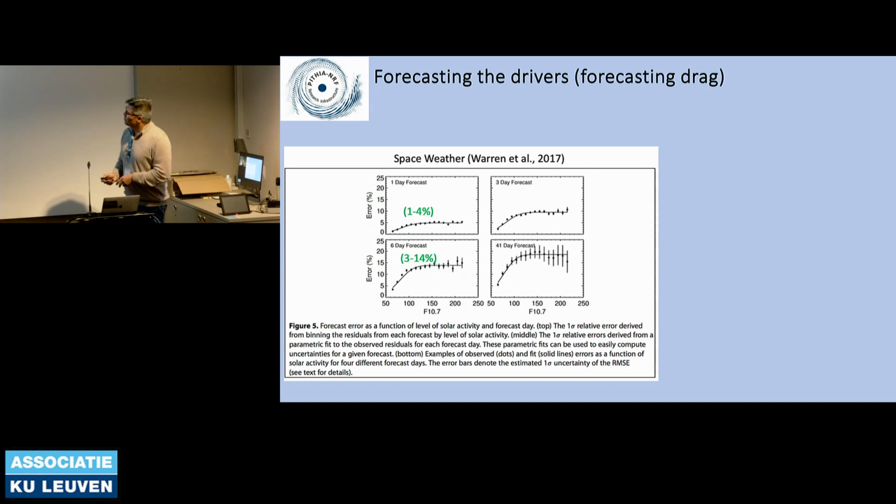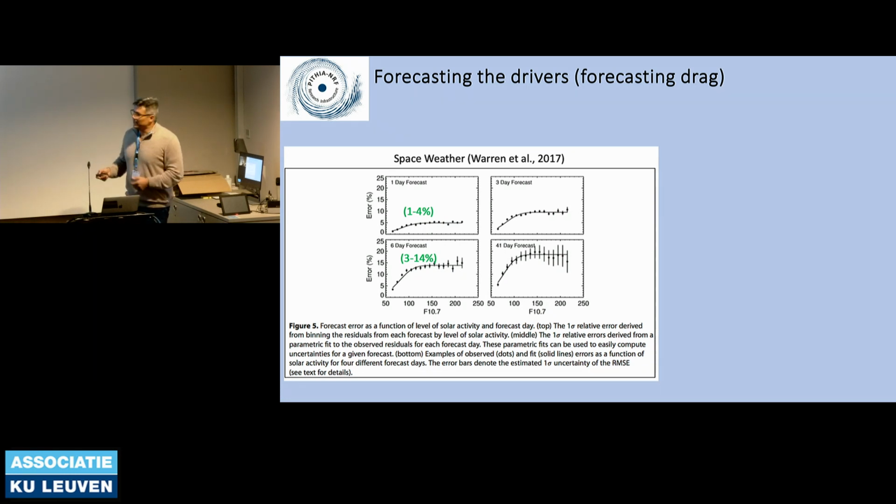Forecasting drivers, very quickly. This is not per se the thermosphere model performance itself. But when you're forecasting drag, you need a forecast of your drivers. So you have an error due to the thermosphere model itself, and on top of that, you have an error due to the forecast of your drivers. So here, F10.7,